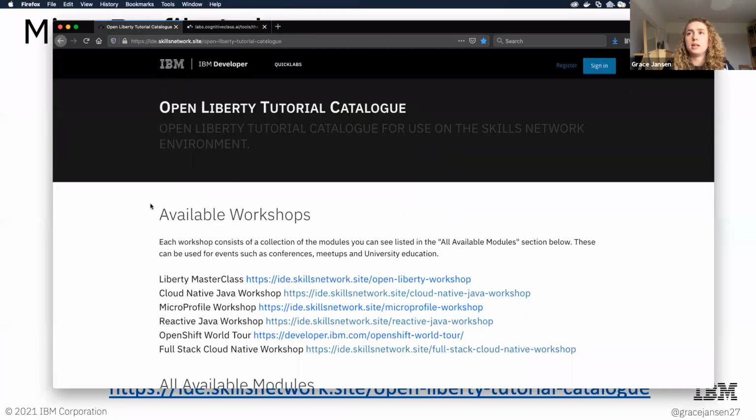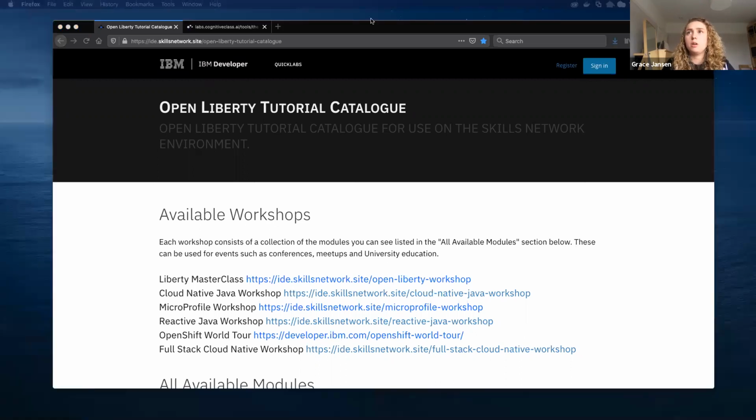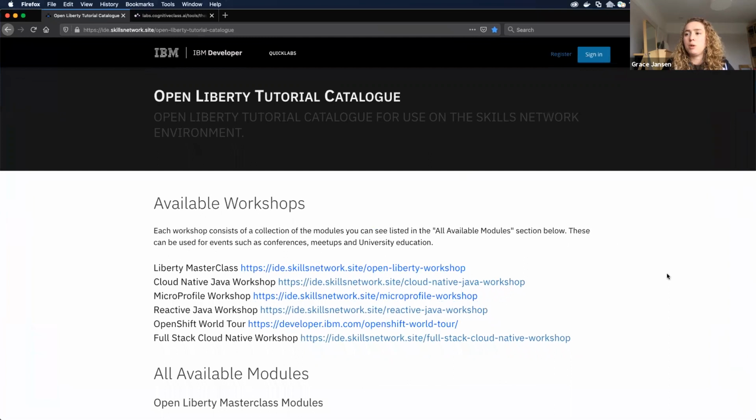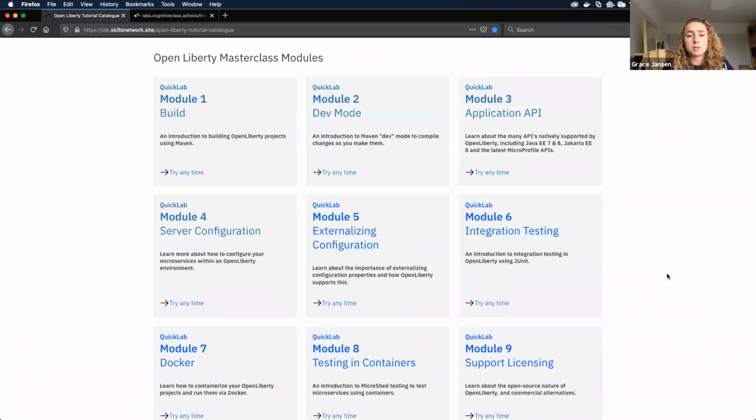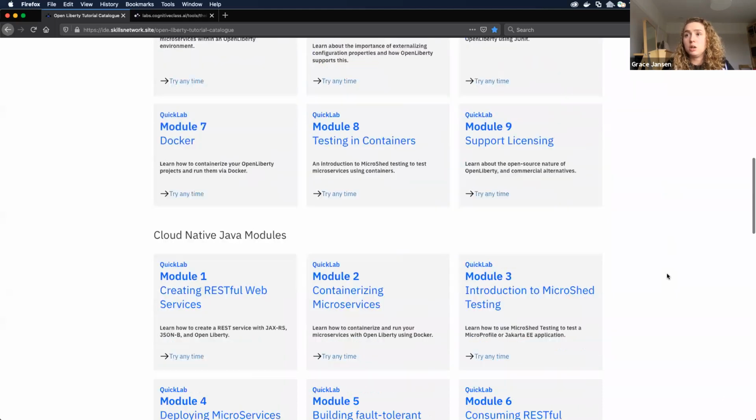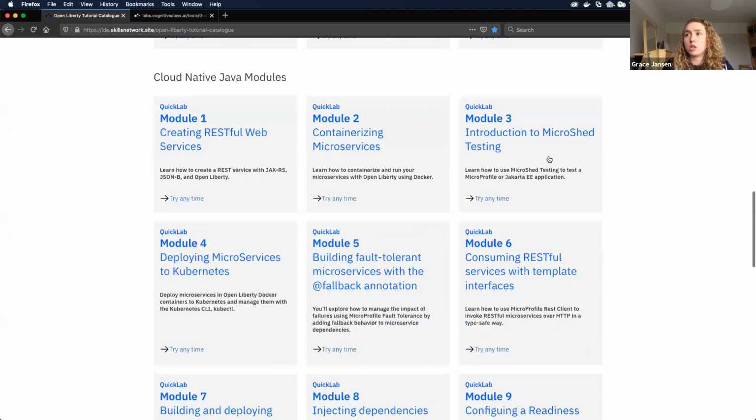So when you click onto that link, you should appear on a site like this. It will ask you to log in, but it's just a social login, so you can use GitHub, LinkedIn, Twitter, Google, any of those. Let me just end my presentation so I can see my mouse. Here we go. And when you get onto this page, you'll see that there's actually quite a few modules on here. So if you're interested in perhaps some of the other tools I talked about, for example, Microshed Testing, we've also got modules on Microshed Testing as well.